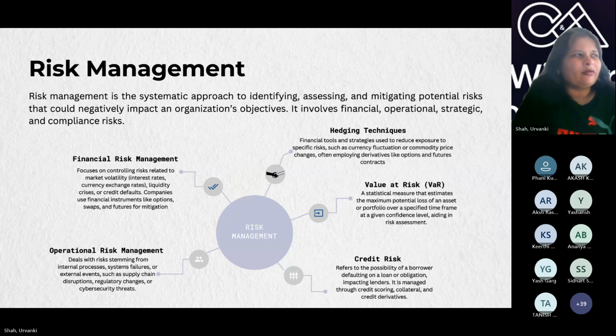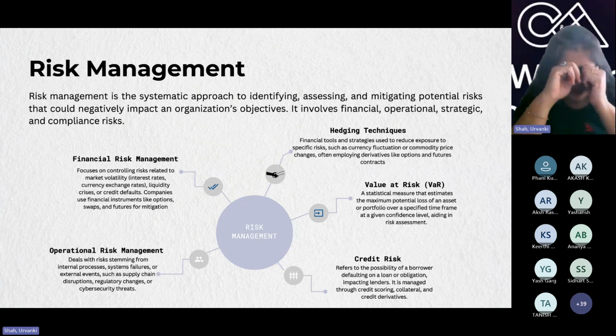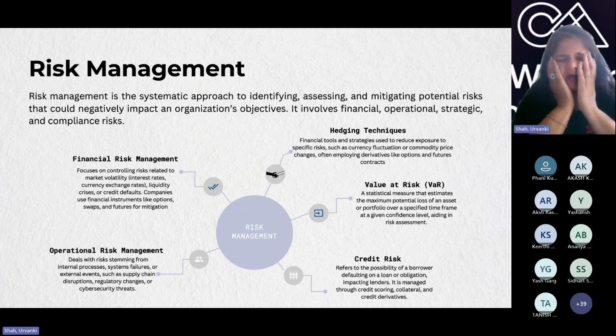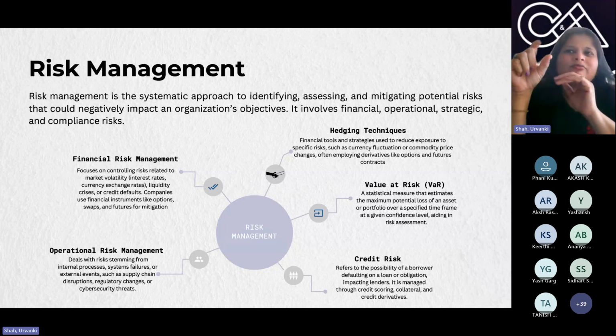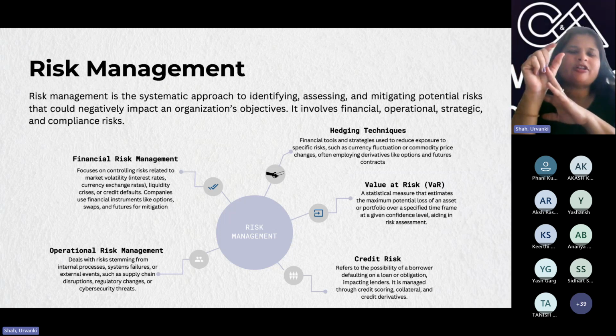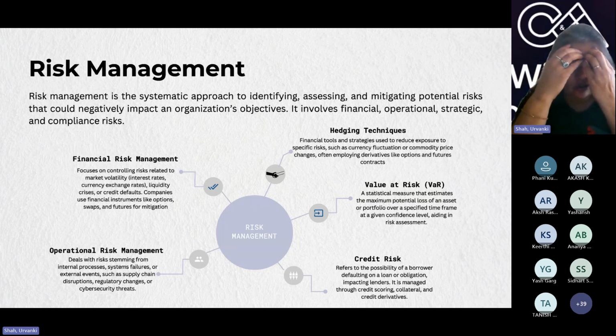So in simple terms, hedging is, suppose tomorrow I see that USD INR is going to increase. I will be taking an option. So suppose the current market value of the USD INR pair is 82. I predict that after a week, it would be say 85, right? So there is a certain premium which is calculated, called the cost of option, using the BSM model, or there are various other models also. Black-Scholes is the commonly used.